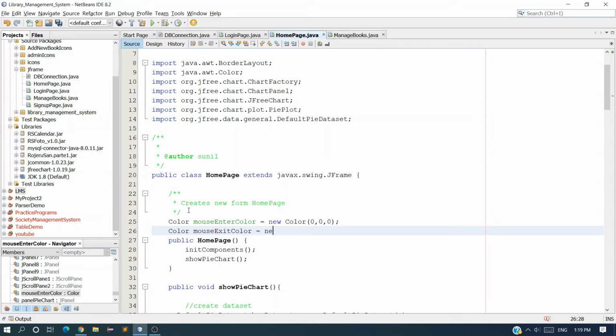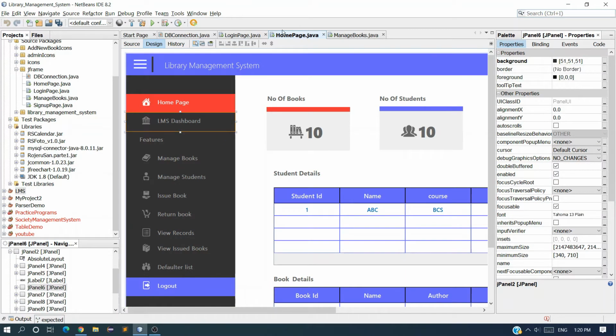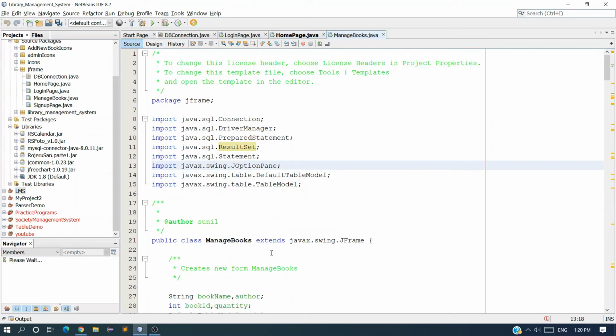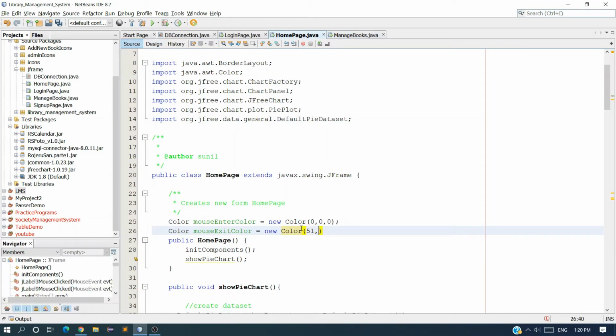Okay, whenever the user's mouse exits from that label, this color will be set, and the color is... let me check the color of this label. What is the color? 515151. Home page source, 51, 51, 51.